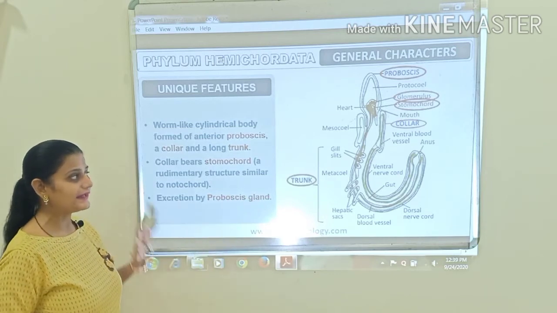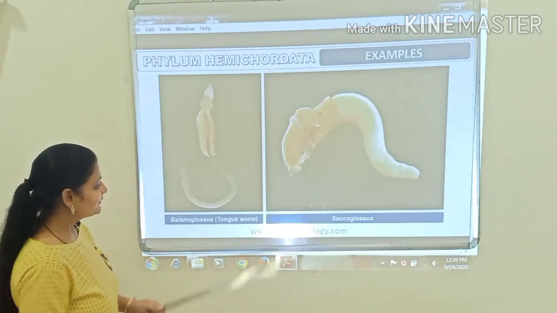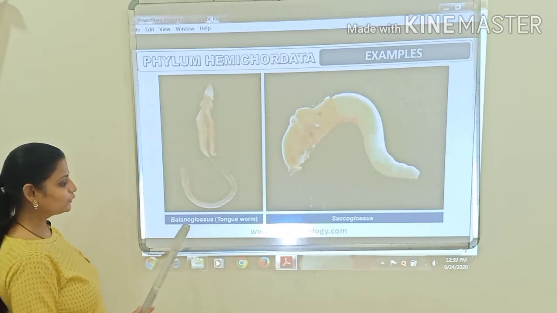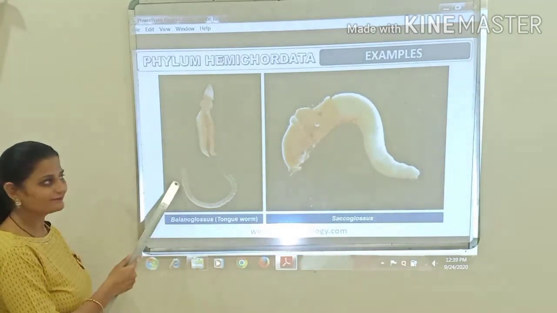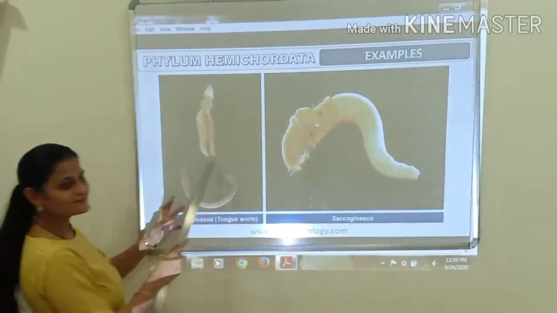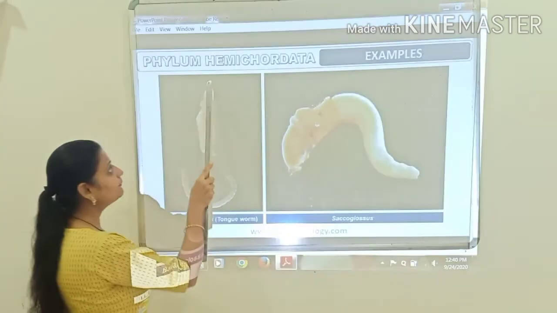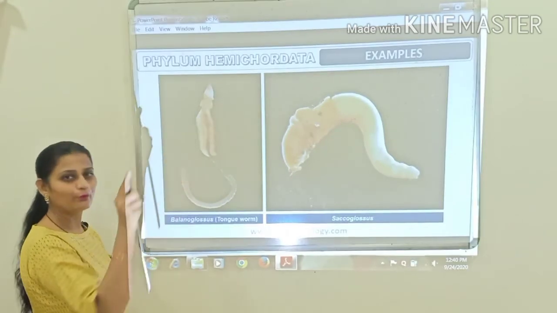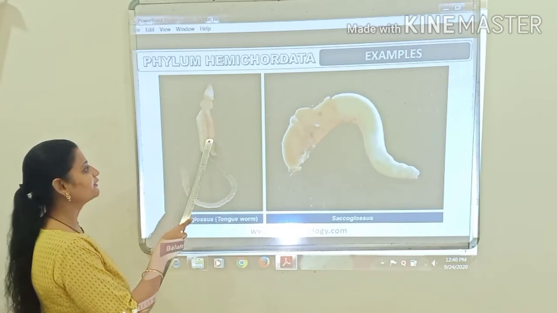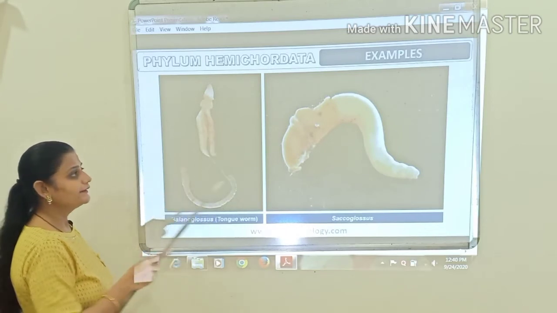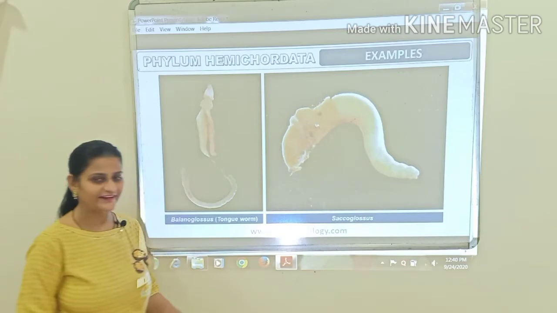Right, proboscis gland help in removing the waste material outside the body in hemichordates. These are the examples. Okay, balanoglossus, that is the tongue worm. Can you see beta, they are worm like. ठीक है, worm जैसे है ना, और body कैसा है, cylindrical है, और उनका body 3 पार्ट में डिवाइड है. जो anterior पार्ट है उसको क्या कहेंगे हम, proboscis, करेक्ट. जो नेक है उसको क्या कहेंगे हम, कॉलर. वेरी गुड. And at the end the lower part is the trunk. Lower long part is the trunk.